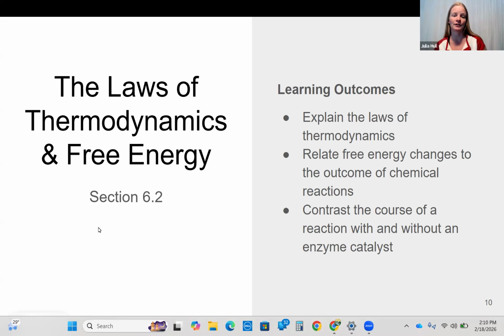All right, so now we can start talking a little bit more about those laws of thermodynamics and start talking about this concept of free energy that's going to become really important when we start talking about how chemical reactions actually occur in living systems. Okay, so what we need to do is be able to explain the laws of thermodynamics. We're going to focus on the first and second laws. We're going to take that idea of free energy and again apply it to chemical reactions. And then we're going to look at how chemical reactions occur when there's an enzyme present to when an enzyme is absent.